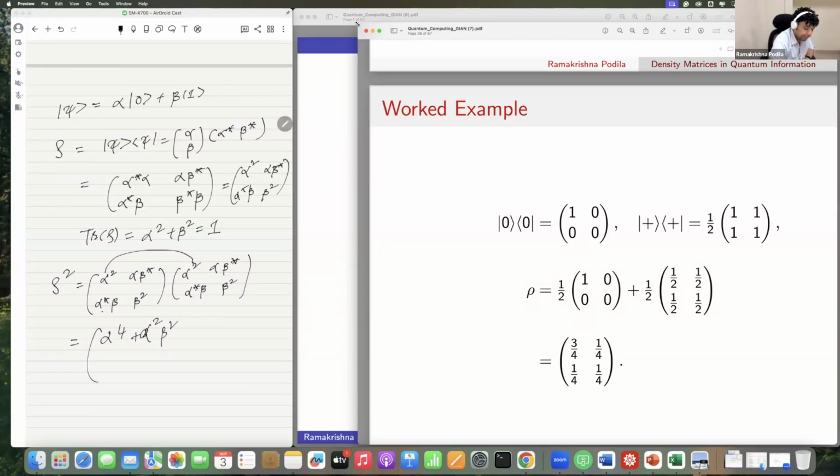For the diagonal elements, if I do this, I would get beta to the power 4 plus again alpha square beta square. It doesn't matter what the off diagonal are, because I just want to calculate the trace of